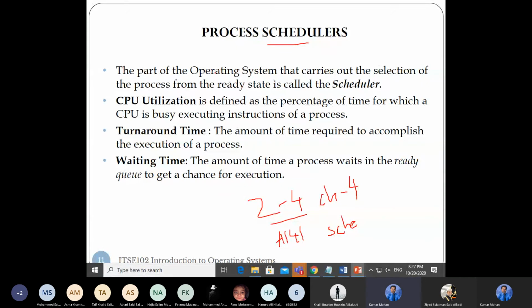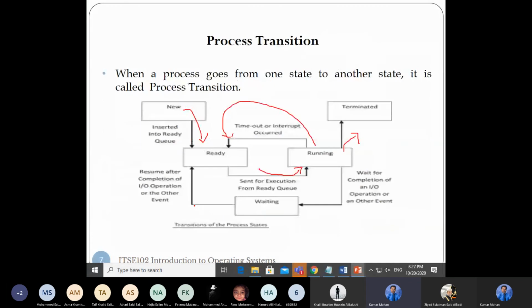What is meant by process scheduler? The part of the operating system that carries out the selection of the process from the ready state is called the scheduler. So already you know from the process control block, new to ready. In the ready state, we will have some processes like P1, P2 and P3. Now one is in the running state, that means I have the CPU here.